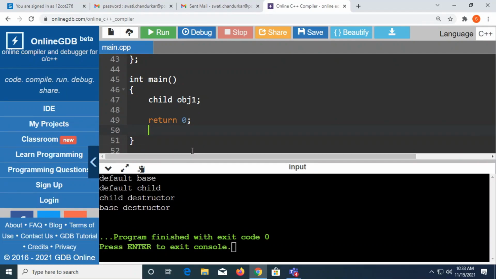So this is a simple thing about the destructor calling sequence in inheritance. Any doubt? There is no need for explicit calling of a destructor. The destructor will be called automatically as soon as your return statement comes. Whether you used parameterized or default, in both cases there is no need for calling it explicitly.